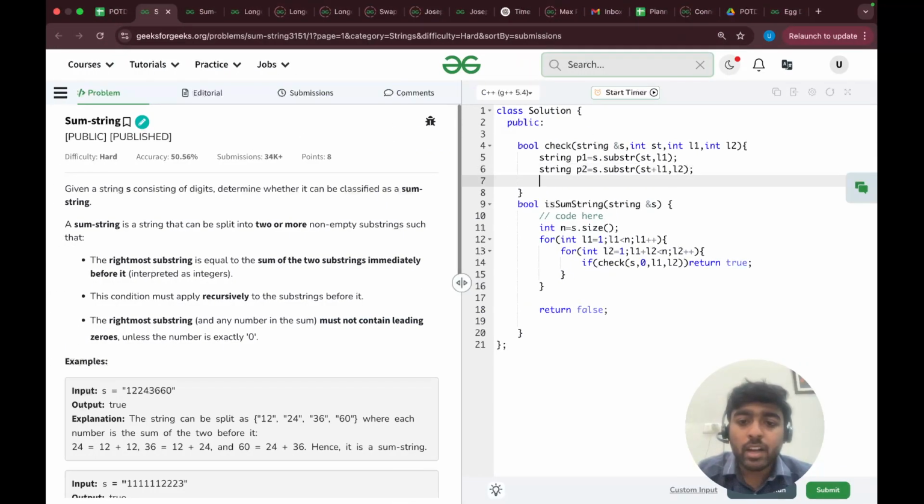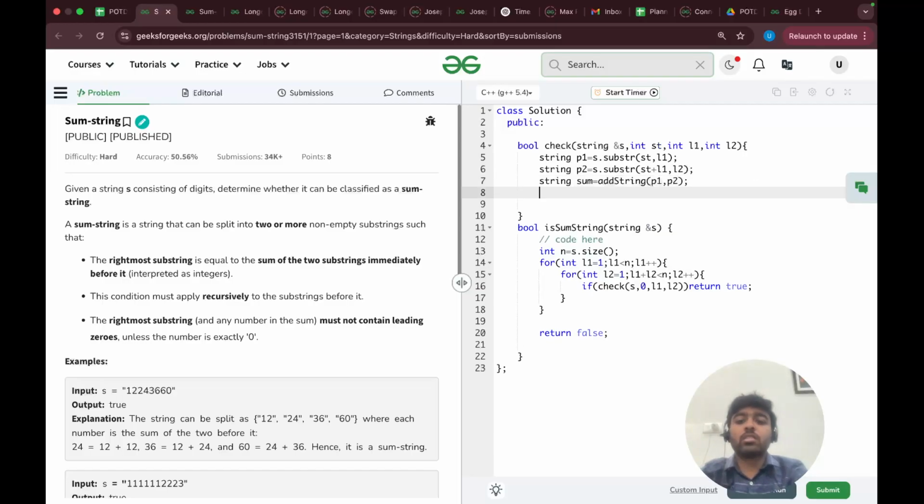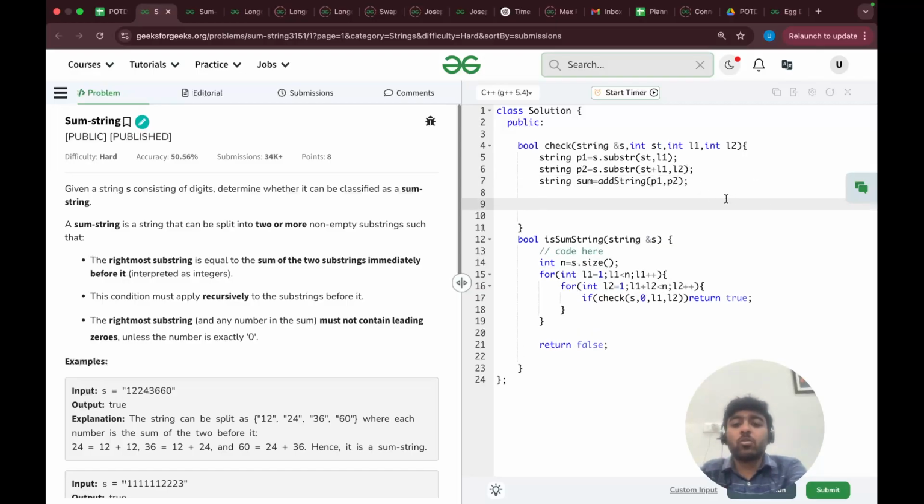Now I need to find the sum of these p1 and p2. So string sum is equal to, let's call another function add string, and here I will pass p1 comma p2. It will give me the sum of this p1 and p2.